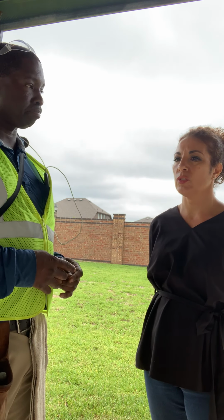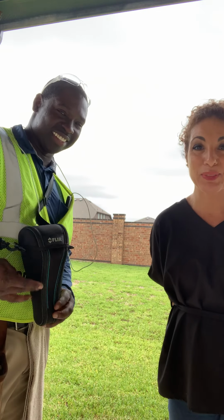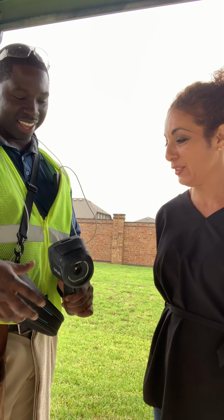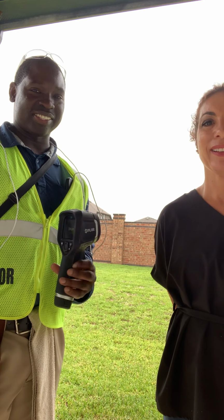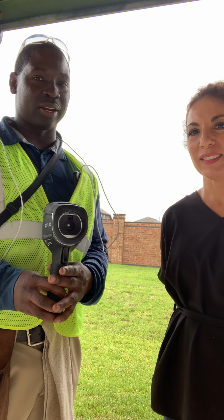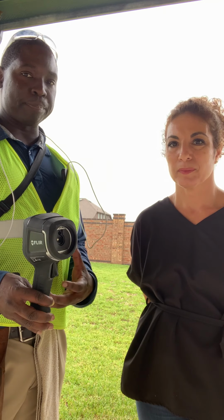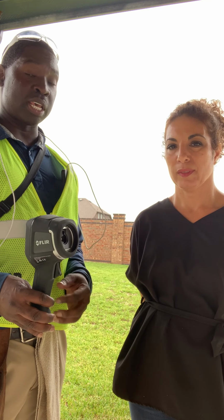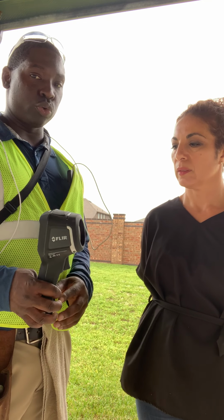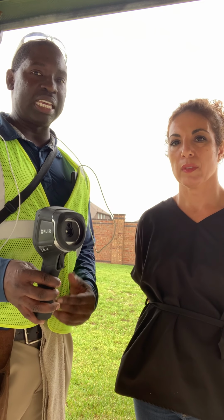That's great. And then you have this great gun that I love to look for. We love looking for water damage or anything like that, because here in Houston we get a lot of that. So talk to me about this thing. Yeah, Lily's talking about this thermal imaging camera right here. It's a really good tool. It basically picks up temperature differences, and if something is wet or saturated, looking through our thermal imaging camera, the infrared camera, we're able to